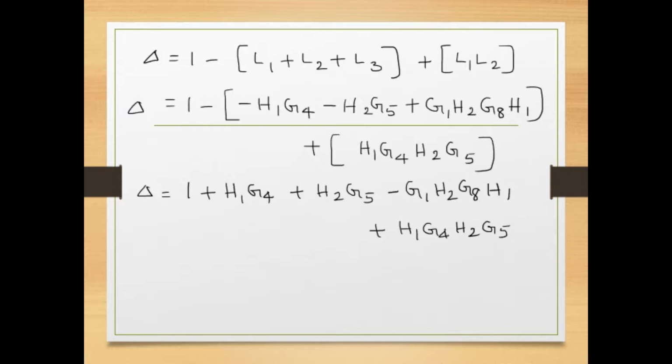So now what we need to do is consider all the paths, that is, we have to find delta 1, delta 2, delta 3, delta 4, delta 5 and delta 6. We have to see which loops are not touching the first path, that we need to retain, the others we need to exclude. The first path is along G2, G4 and G6. So along G2, G4 and G6, we'll consider that particular diagram and find delta 1.